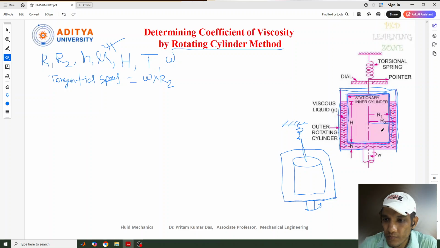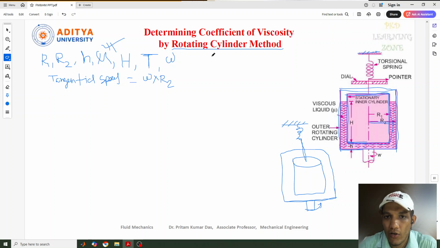Now before this, if you see the torsional spring which is connected here, the torque T is there, as I told you. So the torque T acting on the inner cylinder will be measured with the help of the torsional spring. Already I told, I think. So that's why T is considered here. And the torque on the inner cylinder must be equal